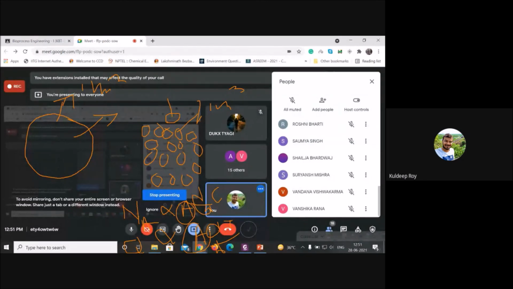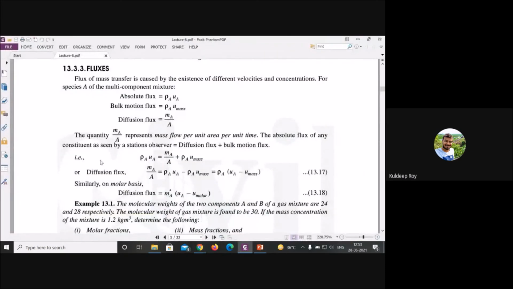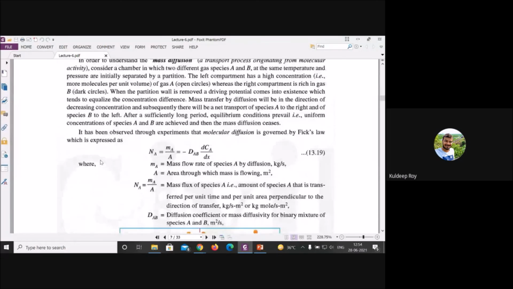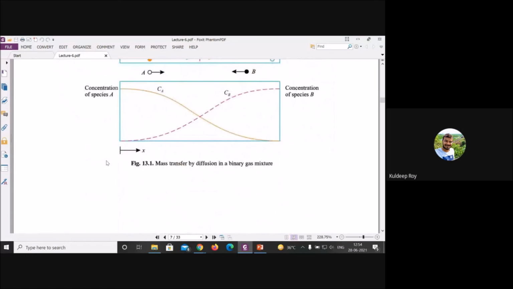Okay, I will stop for today. In the next class we will try to finish this particular portion, and Fick's law of diffusion we will start. I think we have discussed it a little bit, but we will see how we can derive it and how we can approach it. And please read mass transfer once, because this is very fundamental.